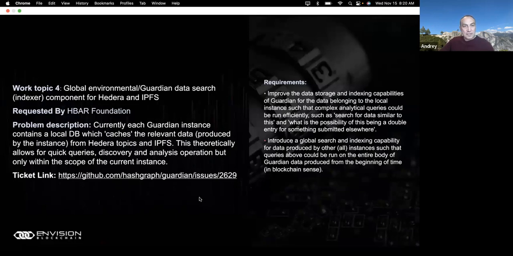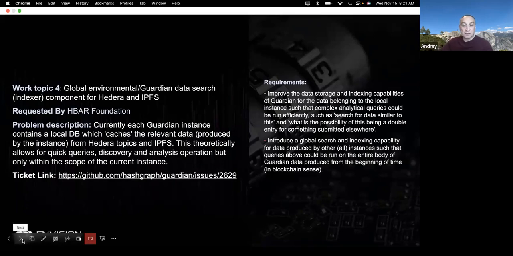All right, so this is a kind of an extension of that search concept that we talked about a little bit earlier, but it is an ability or a technology that would allow to quickly search and display various data that's in policies, environmental data, documents, VC documents, NFTs, fungible tokens, anything that's produced by Guardian, any environmental related items produced by the Guardian across the entire ecosystem, quickly and efficiently.